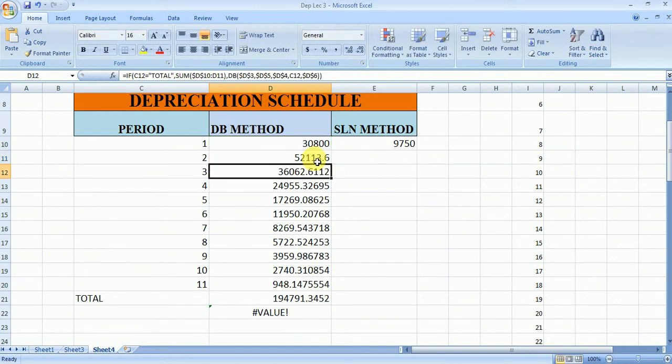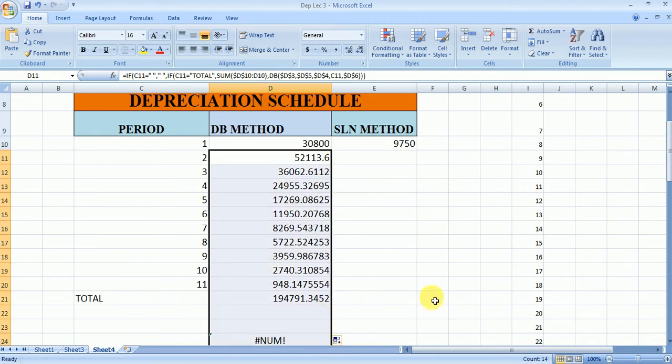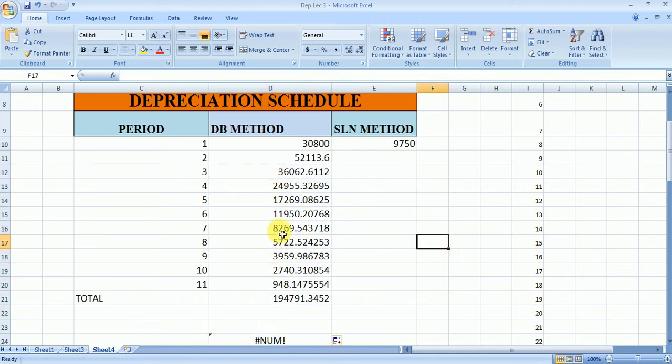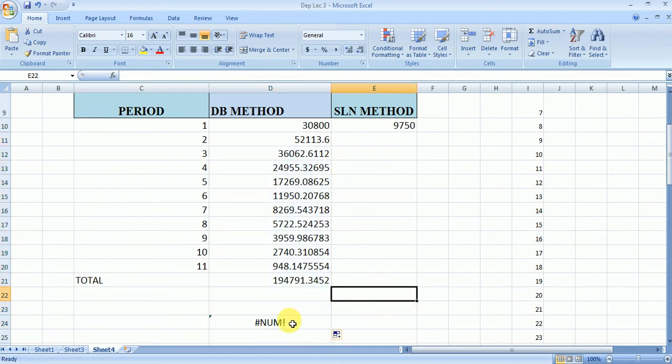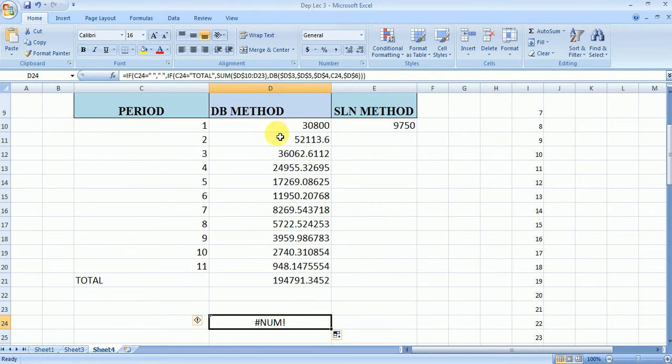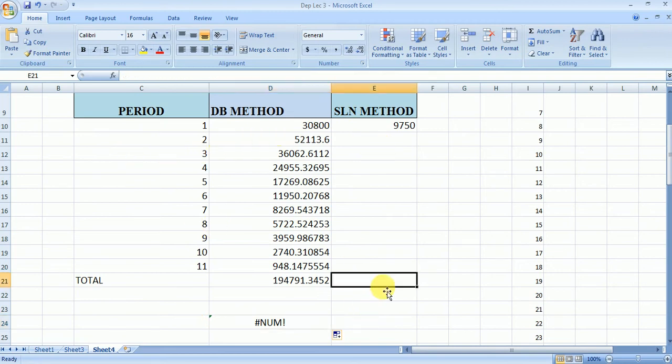Enter. Now if you drag it by selecting this, you can see this problem is removed. This value is coming when we drag it from this cell, and it will be sorted out later on.